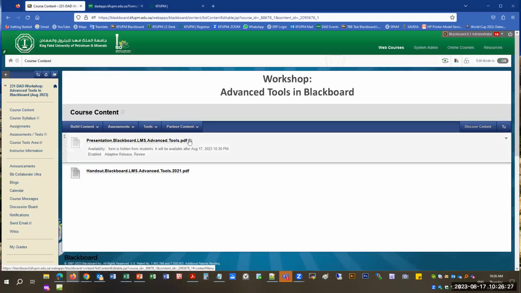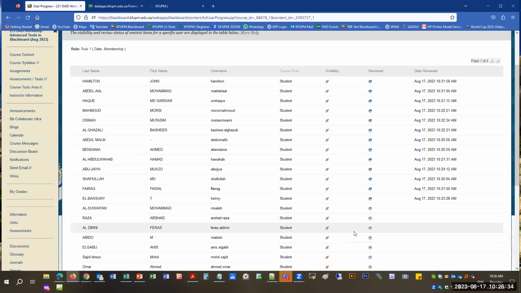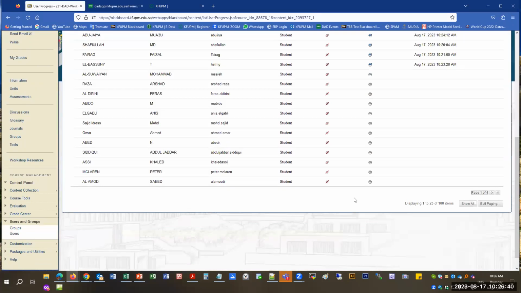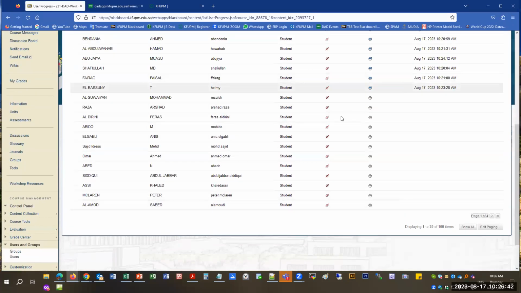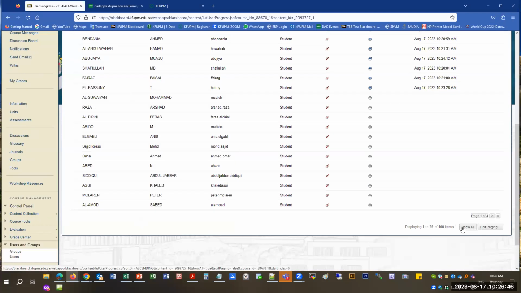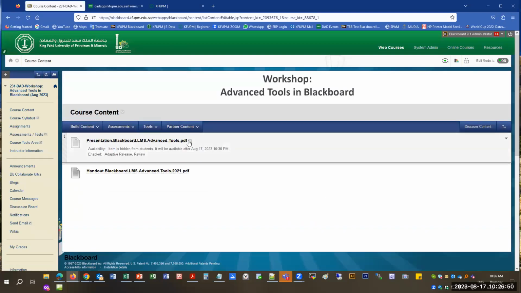So now when I click on the drop down and say user progress, I will see something like this. It's not visible to anyone right now. Okay, it's not visible, but we have a date criteria and the membership criteria. So at 10:30, it will automatically become available to Dr. Abdullah, but nobody else. So in order to expedite our viewing process, I'm going to remove the date